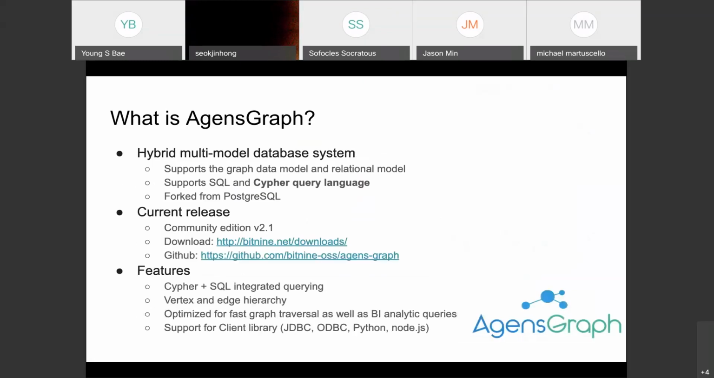Aya already went over this, but I'll quickly go over it again for those of you who might need to hear this information again. AgensGraph is a hybrid multimodal database system that supports both the graph data model and the relational model. We use both SQL and the Cypher query language, and we're a fork of PostgreSQL. Right now, the current release is the community edition, version 2.1, and you can download it off of our website, or you can check it out on GitHub and get the latest